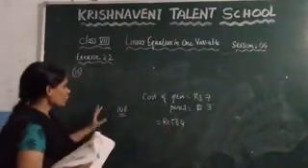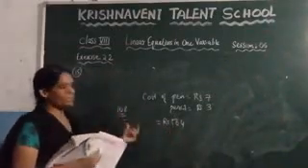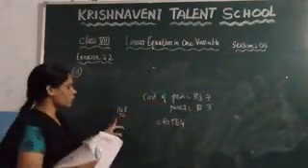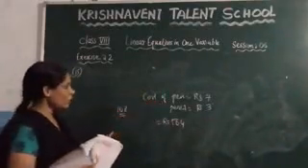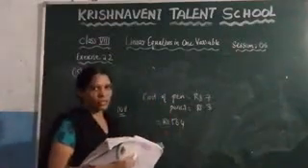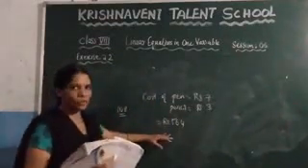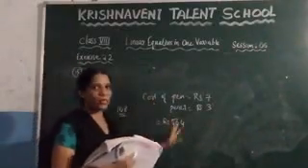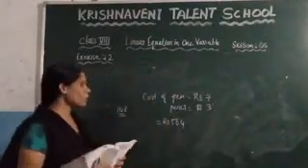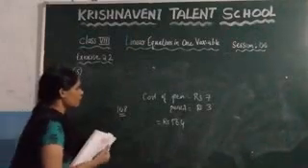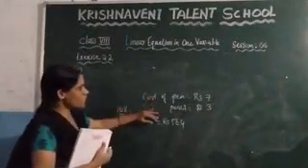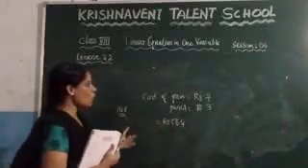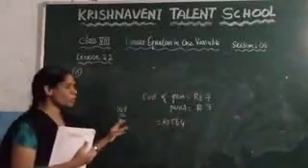And after that, the total number of things they bought, that means the total number of pens and pencils they bought, is 108. That means he bought 108 pens and pencils together, and he paid 564 rupees. Now they are asking how many pens he bought and how many pencils he bought. Again, the question says one person purchased pens and pencils and he paid 564 rupees.